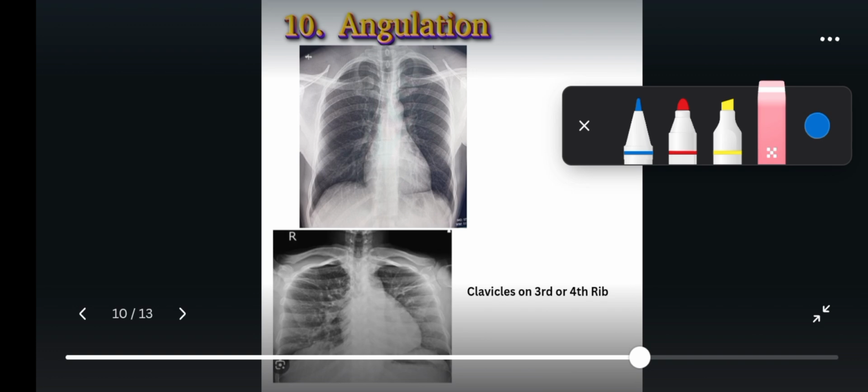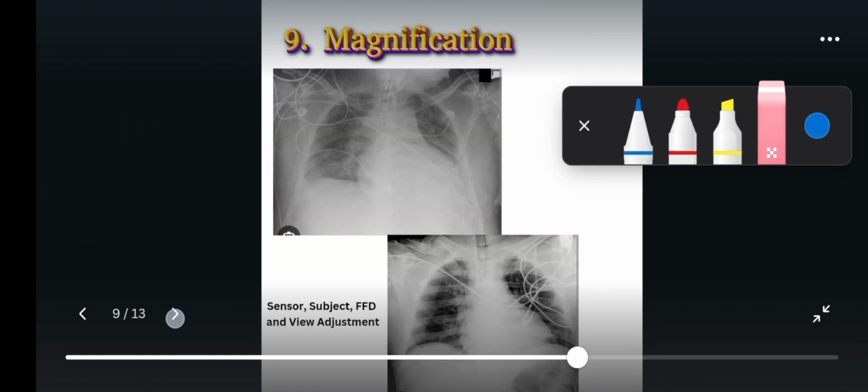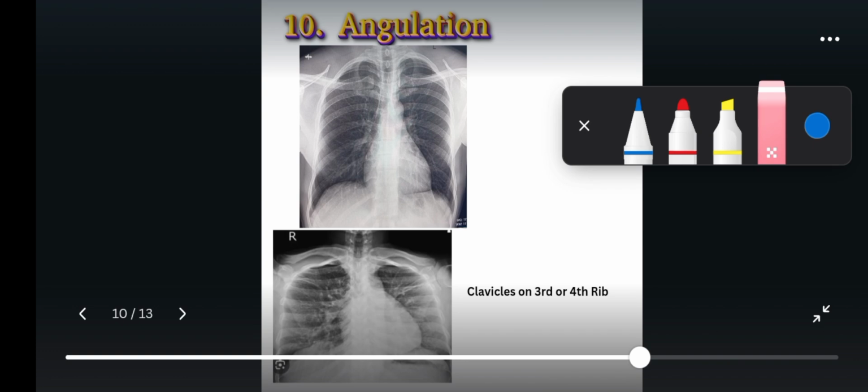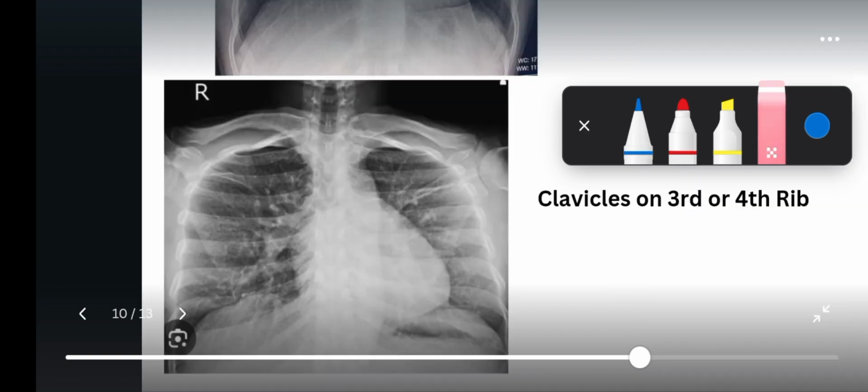Then we'll look at the next factor, the 10th factor, which is angulation. This has to do with whether the patient is bent during the time the X-ray was obtained, bent either backward or downward, or whether the beam is projected cranially or caudally. Now, this is a normal PA chest. This other view is an apical view. The beam is projected cranially, so you can see that the clavicle is thrown off away from the lung field, and this helps us to see the apices of